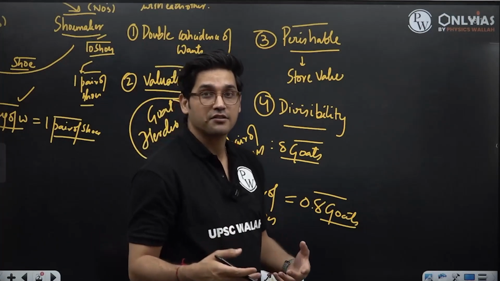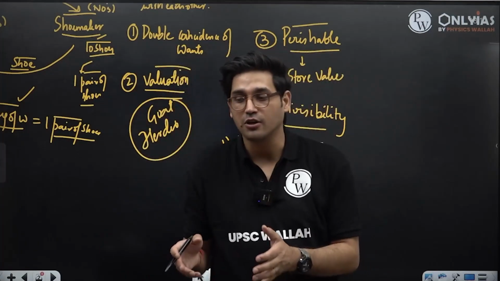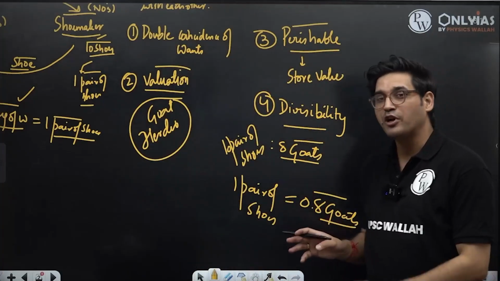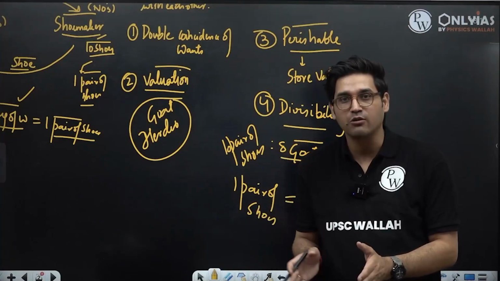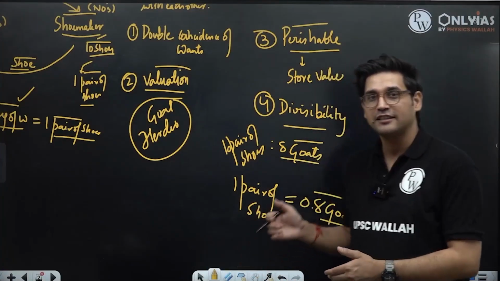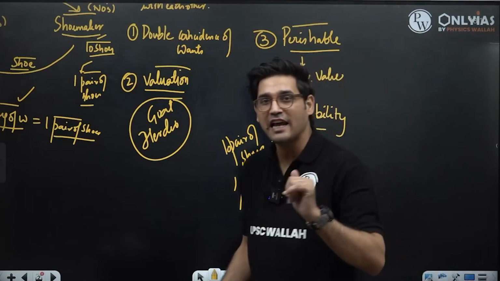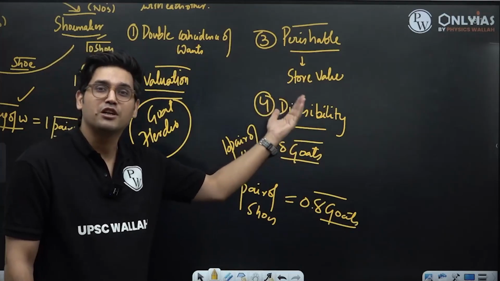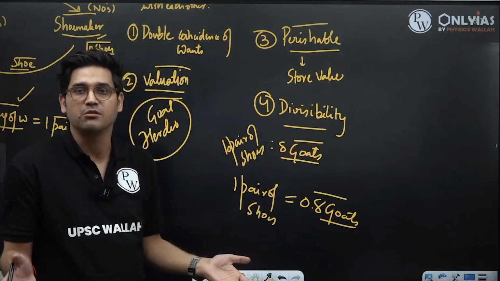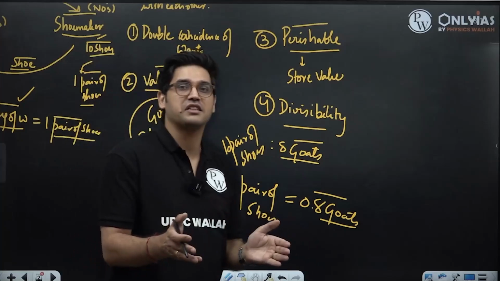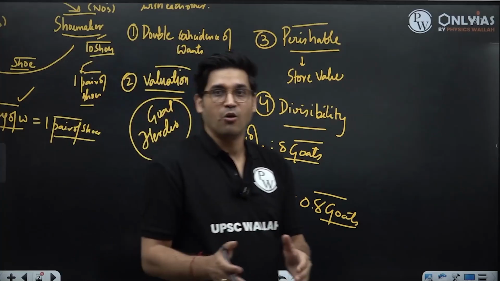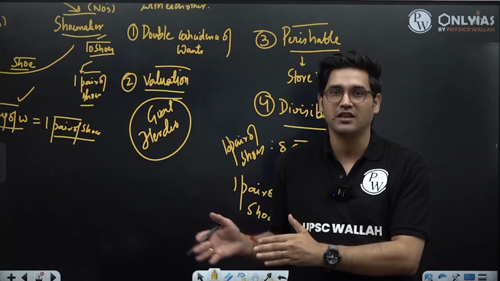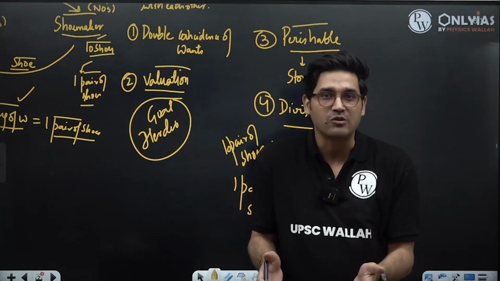Now you should understand that a goat which is living will have 1 use value, and a goat which is 0.8 of a goat, that means if you cut that goat into half, it will be dead. The same dead goat will not have the same value as a live goat. This is the problem of divisibility. Some of the commodities which are exchanged are just not divisible, or their value is not the same when you divide them. A goat which is alive has 1 value. A goat which is dead is mutton. It does not have the same value.